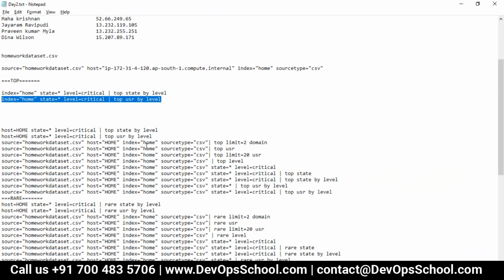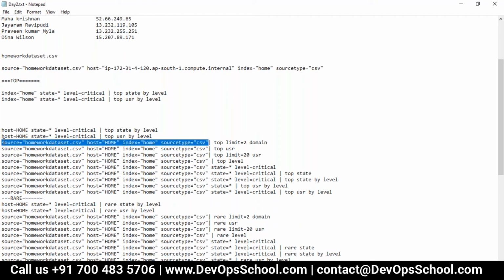Now what we want is to find out the top domain which has been accessed in the entire data set, and you show me only two. So what you can do, I am going to create this, and then